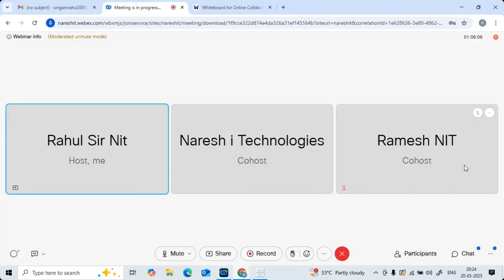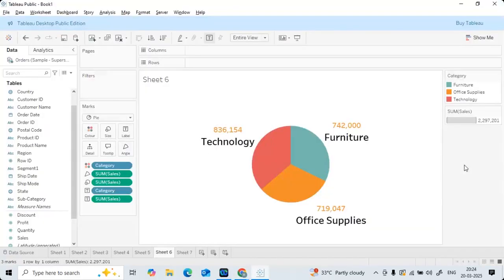Year on year, what is the sales trend? Month on month, what is the sales trend? Quarter on quarter, day on day, what is the sales trend? Discussed or not? The same thing here also. Whichever tool you work in, the nature of that visual is the same, right? A line chart is utilized for understanding trends and patterns. If you want to create one,